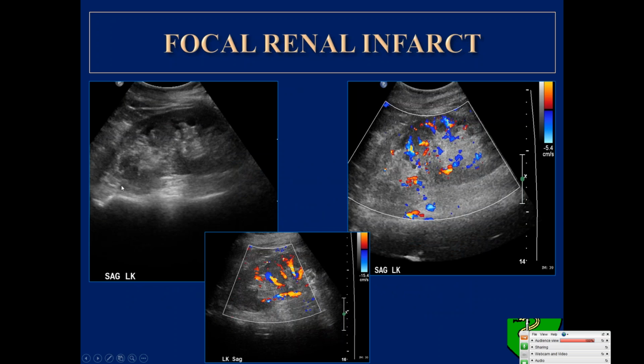We're going to move on to other pathologies such as infarction that can also be diagnosed on both grayscale and color Doppler imaging. Infarction can be seen either as an area of hypoechogenicity or hyperechogenicity. If it's an old or chronic infarct, it usually becomes a more fibrotic area, a non-functioning portion of the kidney, and becomes more echogenic. In a more acute form, the area can be more hypoechoic, so it's a variable presentation in an infarct. You put your color Doppler on and you will see that there is basically no perfusion to the cortex in the